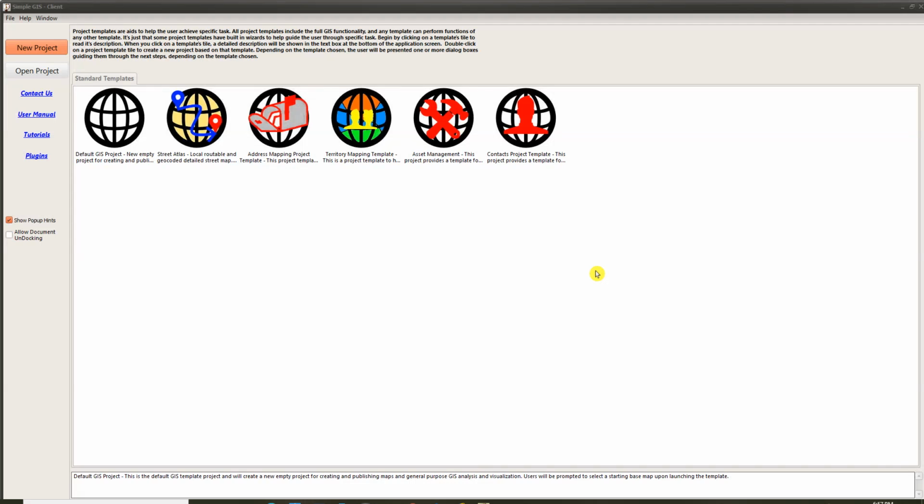Hi everyone. In today's video, I'm going to be demonstrating how to create a new shapefile layer in the version 14 release of Simple GIS Client. And I thought this would be a good video to demonstrate the process of creating a new shapefile layer, since in the version 14 release there has been some fairly significant changes and a lot of capabilities have been added